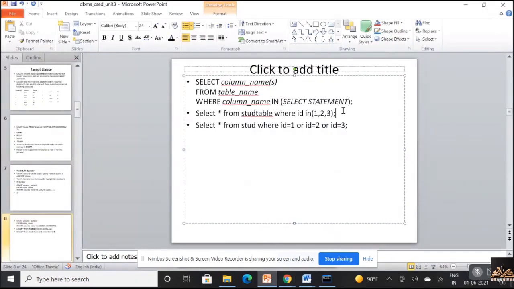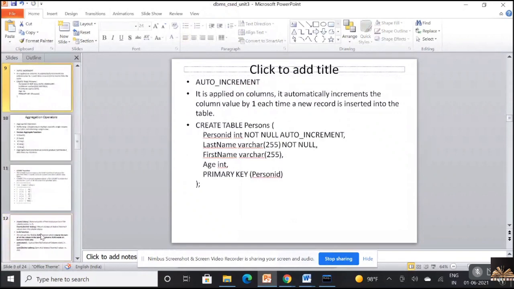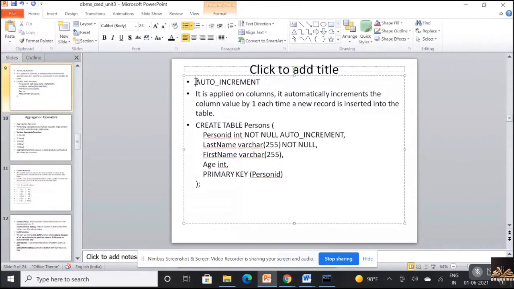So both these things return the same result now. Okay, now you have something which is called auto increment. Whenever you do not want to specifically give a value for each insert operation, but you want that value to be incremented, then you use a keyword called auto increment.